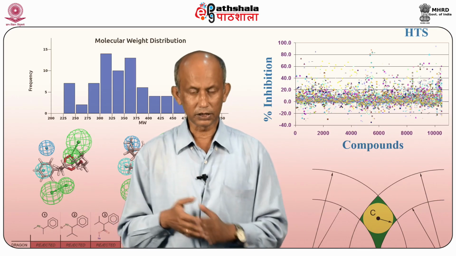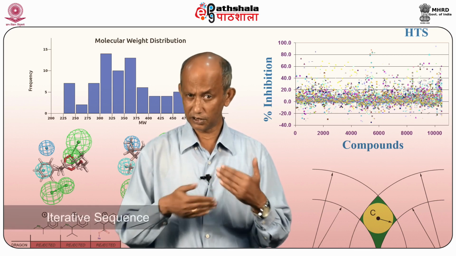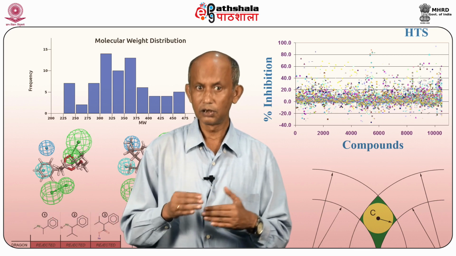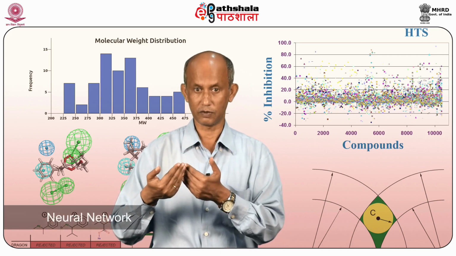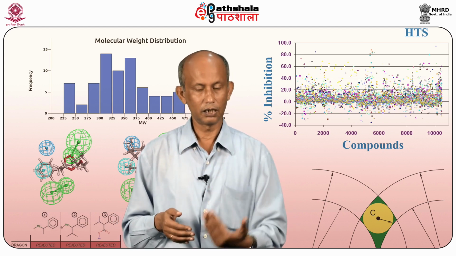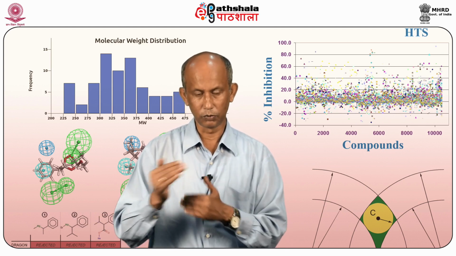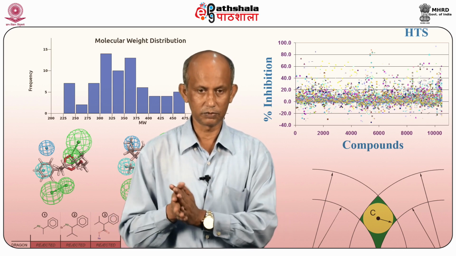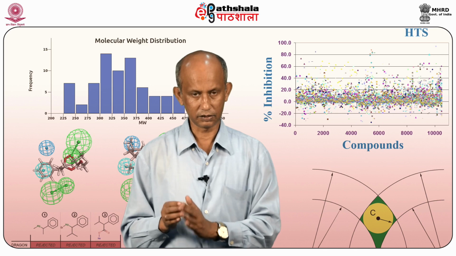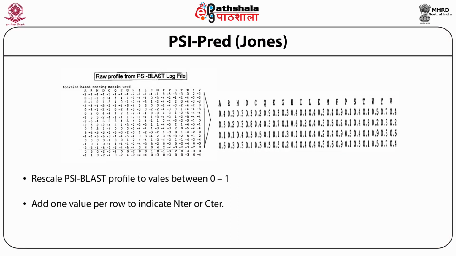Now, there is another method called PSI-Pred due to Jones. This uses an iterative sequence alignment technique like PSI-BLAST as an input, and this is then put into a neural network. So it starts with an alignment based technique, done best with PSI-BLAST, and that result is then fed into a neural network. So it takes both the sequence based and the network based predictions to make correct predictions of secondary structure. Again, the PSI-BLAST profiles which are obtained are encoded, made into a scale with values between 0 and 1,